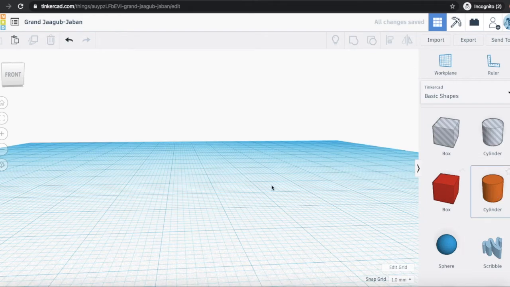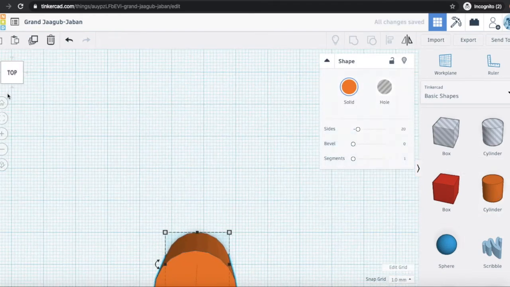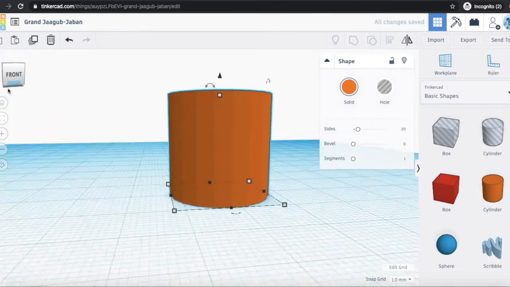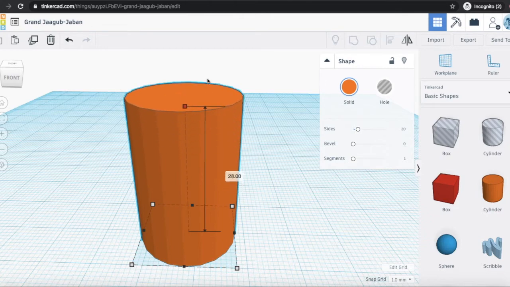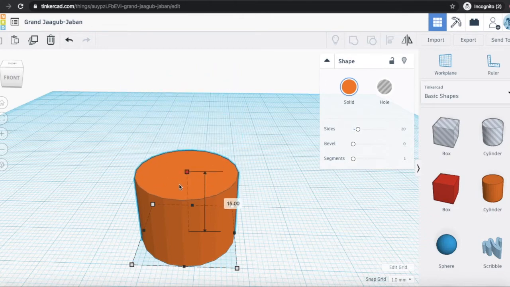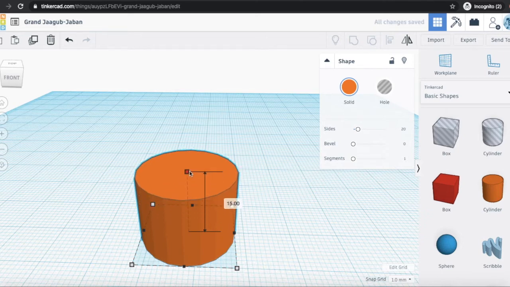I'm going to grab a cylinder, which is just like a circle, but it's extruded into 3 dimensions. See, circle underneath, 3 dimensions. Little white cubes here will help you stretch and move things and resize things. You'll see here we're at 10 millimeters, and I can either stretch and move that to say 20 millimeters, or